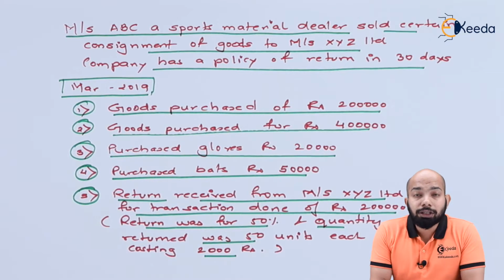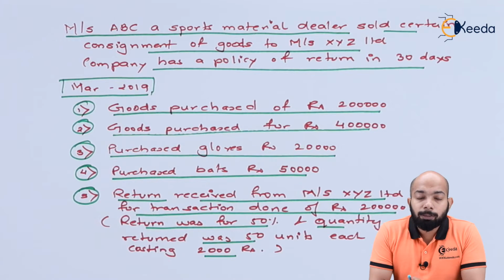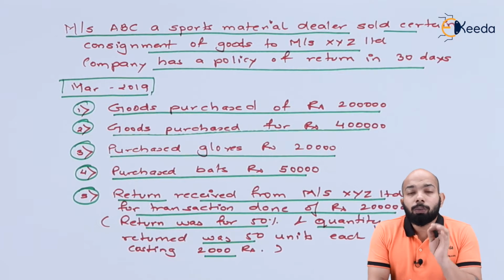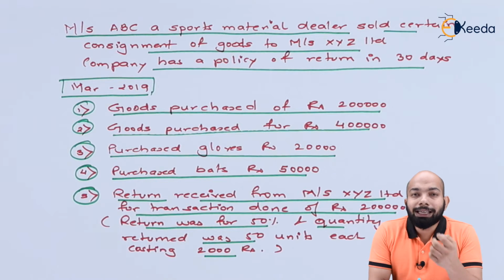Now, the fixed transaction refers to the transaction worth rupees 2 lakh. If you remember, the first transaction was done for rupees 2 lakh itself. There has been a return initiated, or probably a sales return that has happened on that specific transaction itself, whereby 50% of the quantity of goods that were delivered